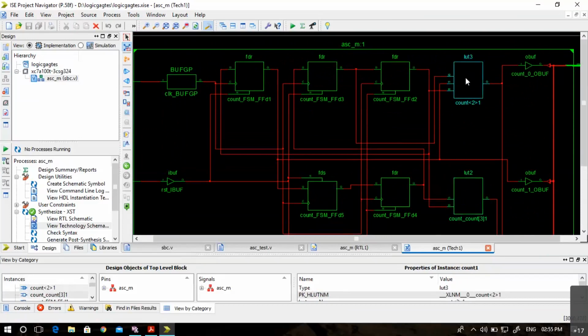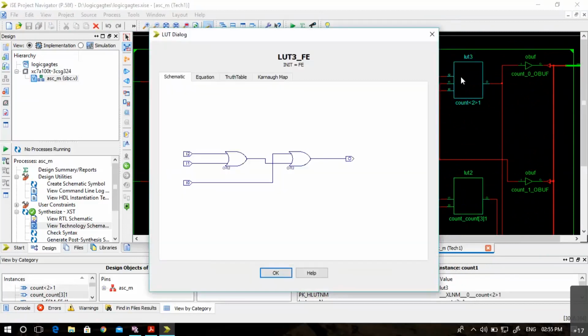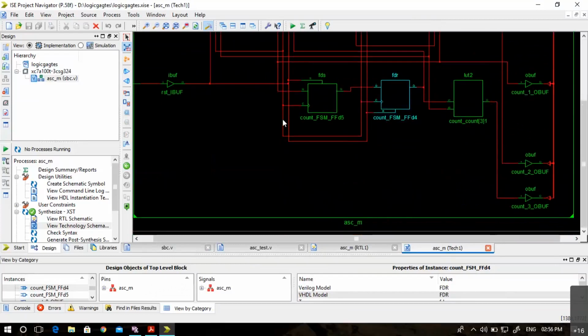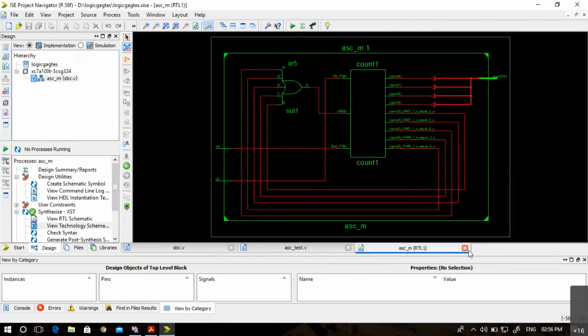You can see this LUT circuit is one OR gate, and this is again a 3-input OR gate. You can see this flip-flop output is coming to one more flip-flop, which is again controlled by a signal here. So this is the technology schematic for the any sequence counter, synchronous.